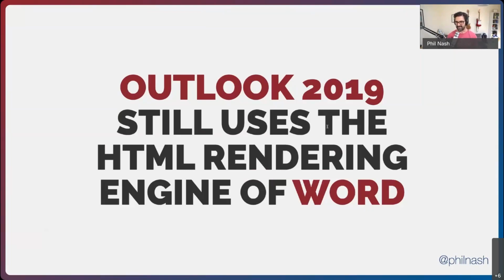then finding out that Microsoft Word has an HTML rendering engine is one thing, but finding out that Outlook 2019, so just last year's Outlook, sure, it's been doing this for years, but just last year's Outlook is still kind of leaning on Word for its HTML rendering, even though it has Edge or Chromium just there on the operating system waiting to be used to render things. So yeah, that's kind of the state of HTML emails right now, and this is kind of how I